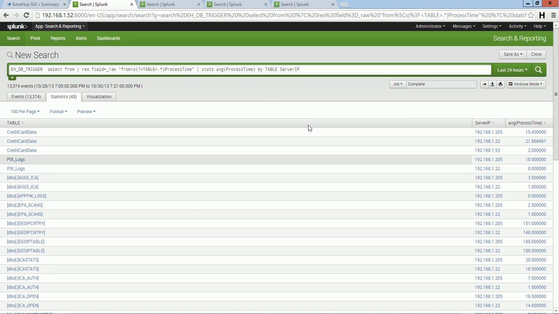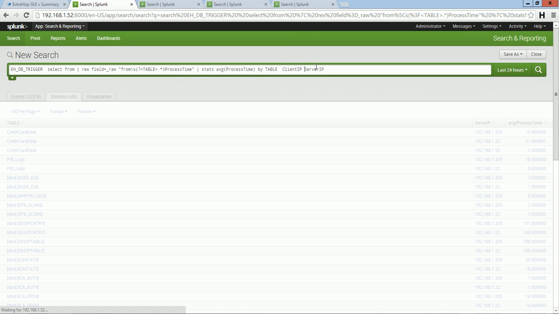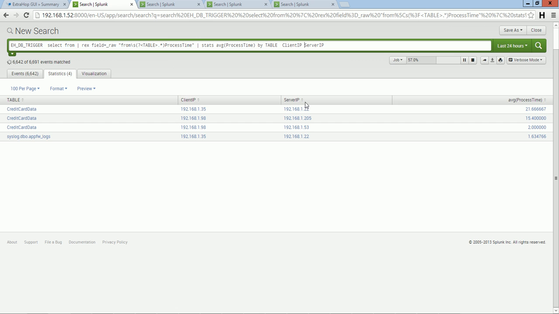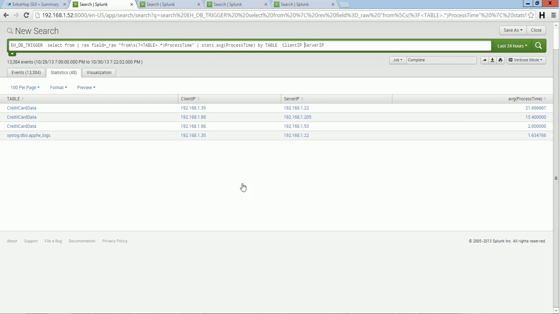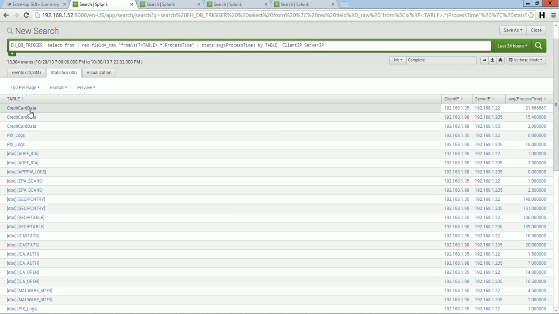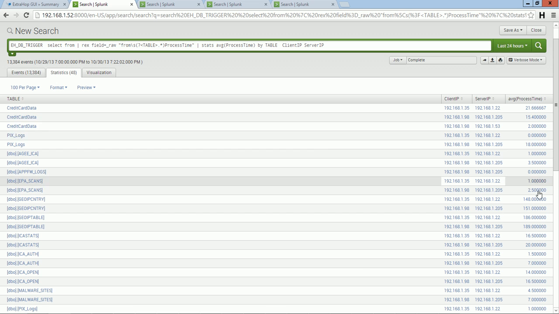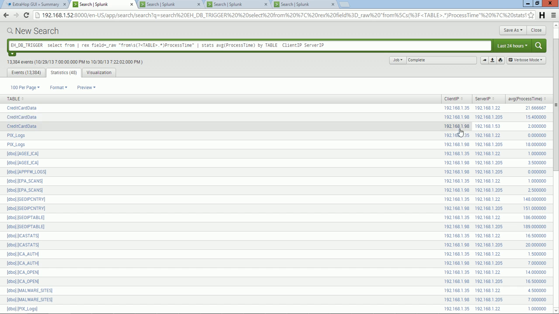The things I look for is also, you should know which tables have critical data, like in this case, credit card data. This is a fictitious table. I really don't have a table called credit card data. I just ran some queries so I could generate some information. But you can look at the client, you can look at the server, and what you want to ask yourself from an InfoSec perspective is, is this an appropriate client to be querying